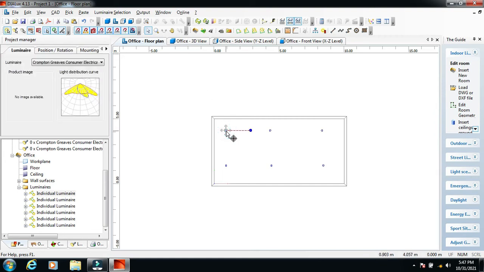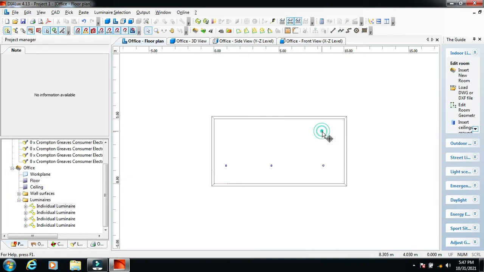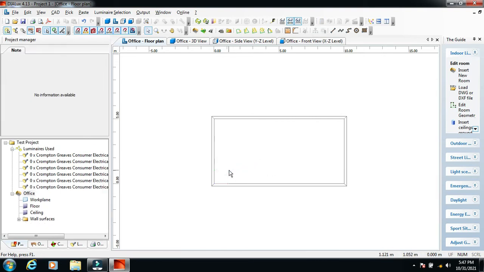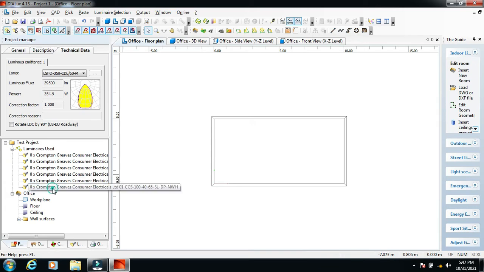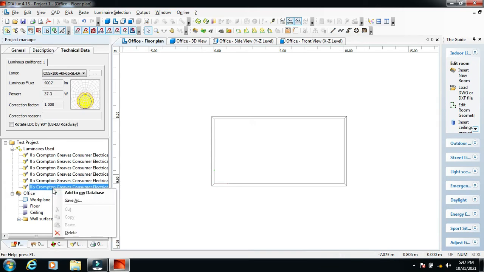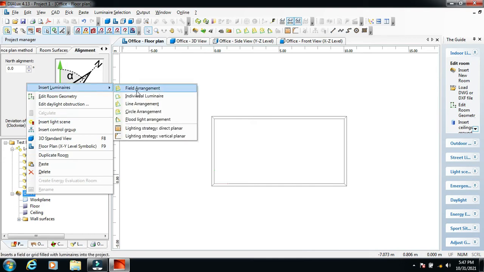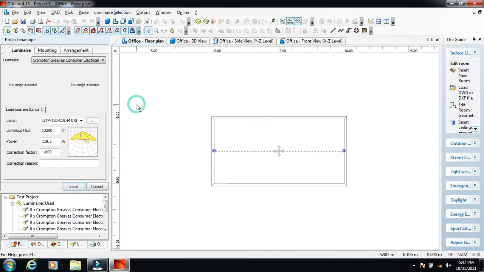If you have to keep a very uniform spacing, which professional light designers do, you can just delete all these light fixtures and go for a simple line arrangement, where automatically, based on the dimension we put, Dialux will put up those values. For example, I'll click here, insert luminaires, go for line arrangement.